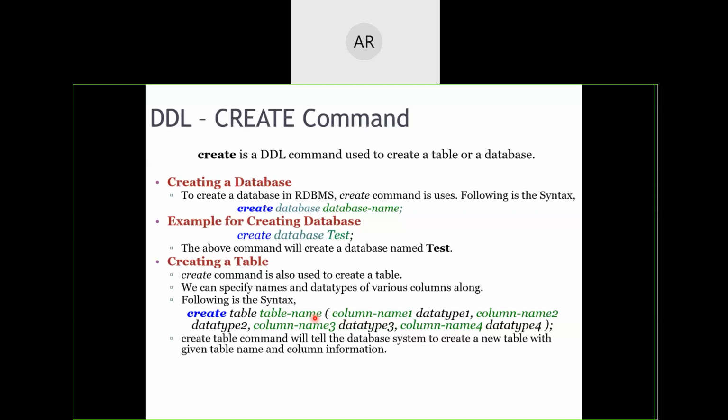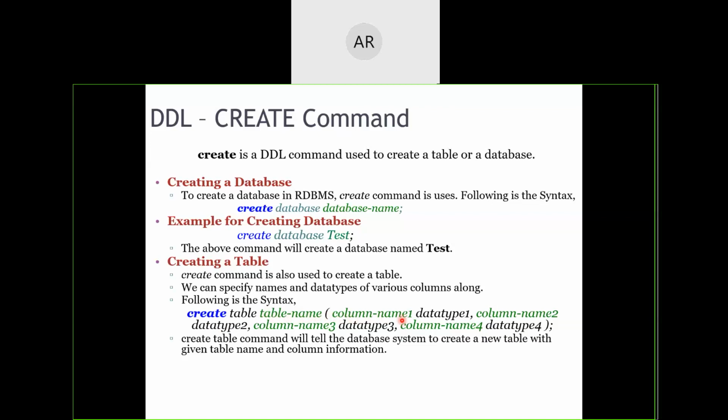But suppose at the time of creation itself you have a clear-cut strategy that a table will contain 5 columns, and the names of the columns are so and so, and the data which is going to be stored inside the columns is so and so, then you can create them right at that creation point itself. So the syntax is simple: create table, both are reserved words. Table name is our own given name, for example, student std underscore table.